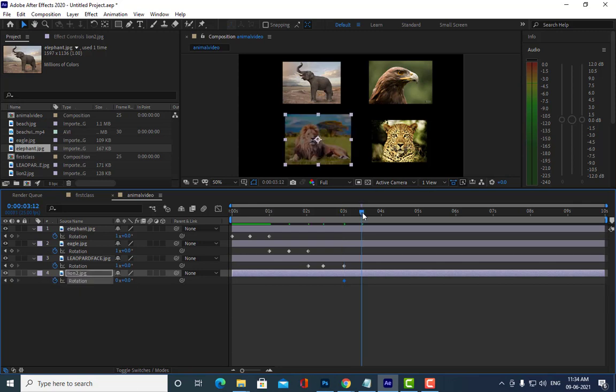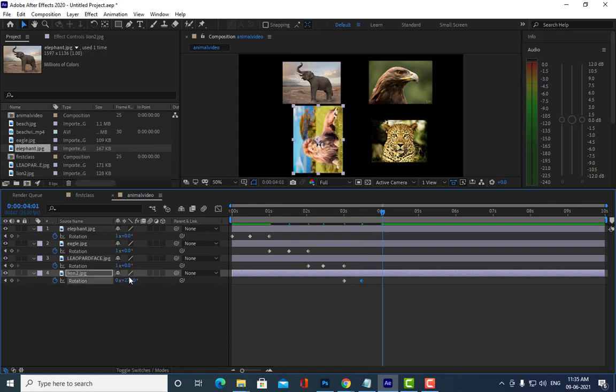And then for the lion also we'll use the opposite rotation here, stopwatch. We'll come to the middle point, and here we have to change it to 180. Then come to the middle point, and we'll say 270, and then here we will put 360. Is it clear, all of you?